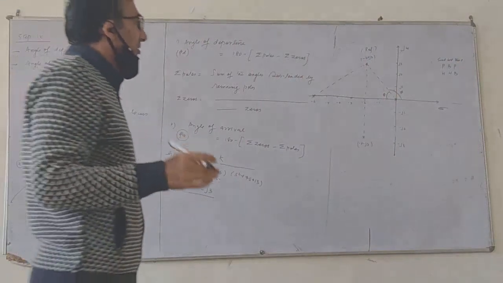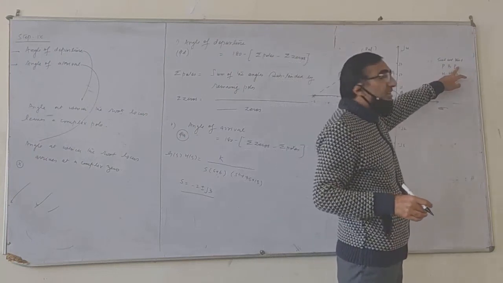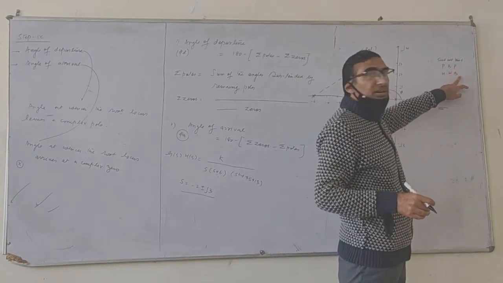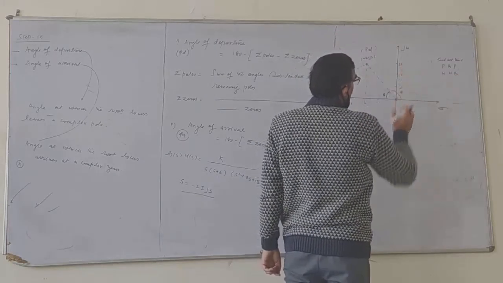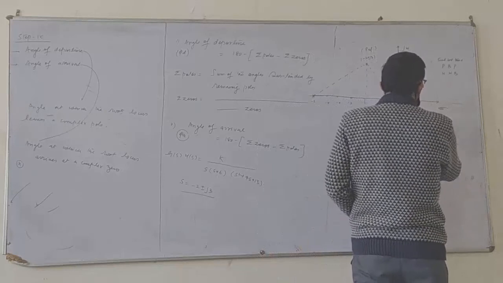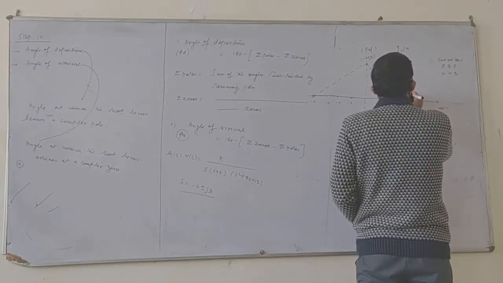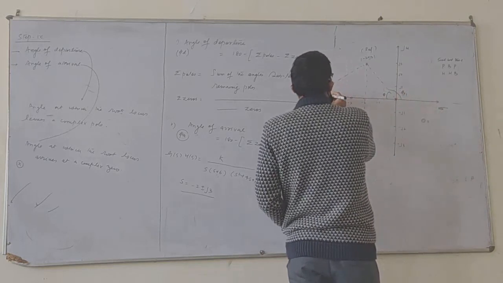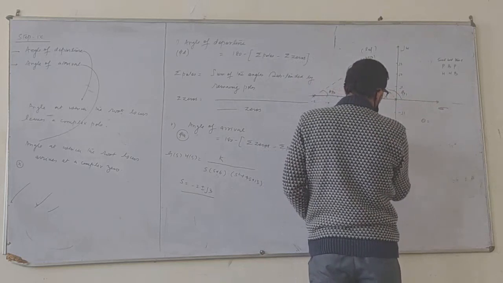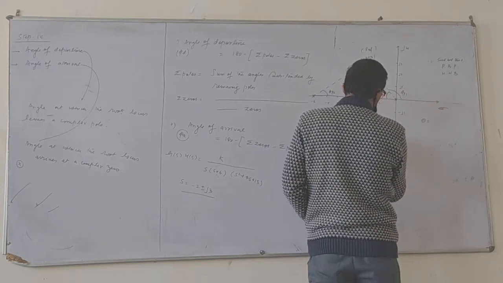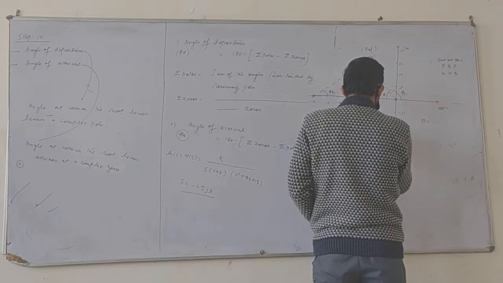There are lots of formulas, you can remember them. So now what is here? We need tan. Tan is basically perpendicular divided by base. So what is the perpendicular here? How much is the magnitude? 3. So I need theta. Let's say this I will call phi p1. And this with respect to the real axis I will call phi p2. This is 90, we don't need to calculate this, everybody knows. Straight line coming. So this is 90 degrees, which is phi p3.